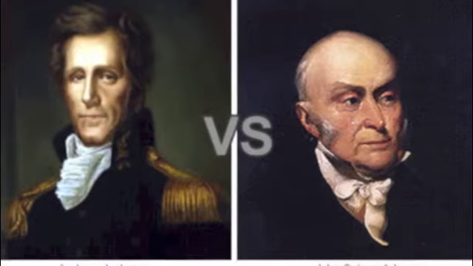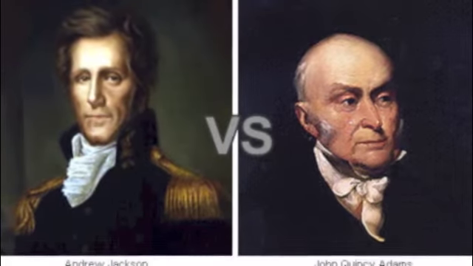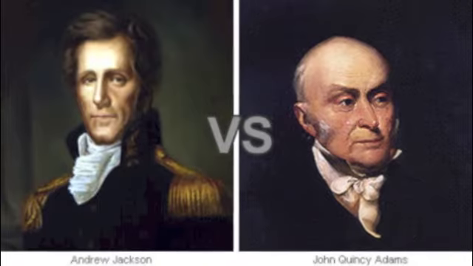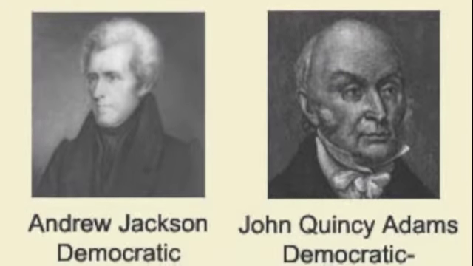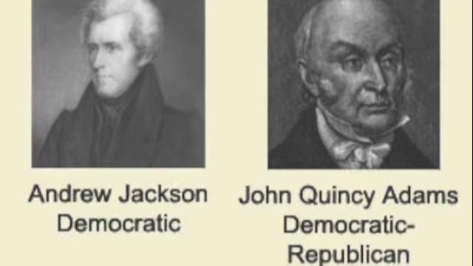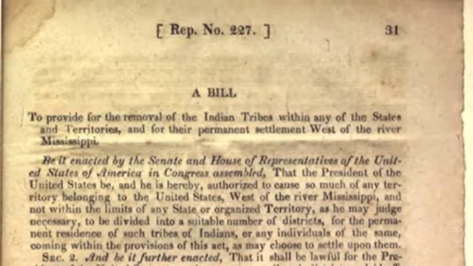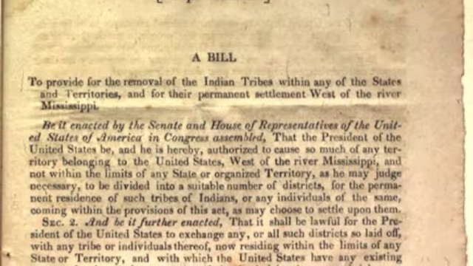The year 1824 was when Jackson first decided to run for president against John Quincy Adams, but unfortunately he did not win the election. It was later, in the election of 1828, that Andrew Jackson ran again, this time winning, and by a landslide. One of the first things Jackson did as president was issue an Indian Removal